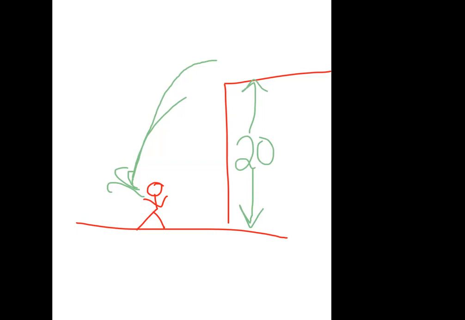Okay, same exact thing is happening in number 4. It's just a different scenario. This time you're trying to dunk a basketball. So the path that your feet follow as you jump up in the air and try to dunk this basket follows the shape of a parabola. So we give you the equation of the parabola. You know that you need to be able to jump 2.5 feet in the air in order to be able to dunk this ball. So go ahead, find that vertex and see, do you actually get 2.5 feet off the ground? If you can, then you can dunk it. If you can't, then, well, try harder next time, right? So that's the gist. Hopefully you find this helpful.